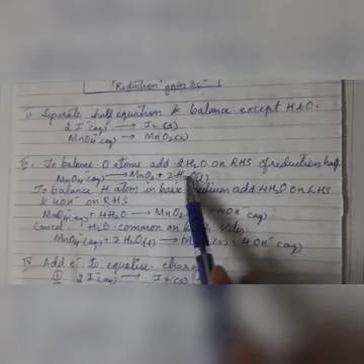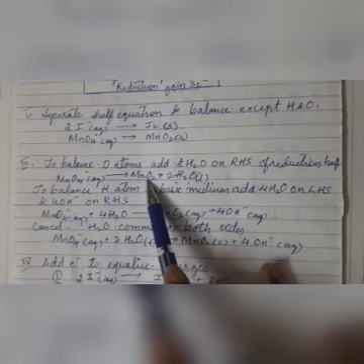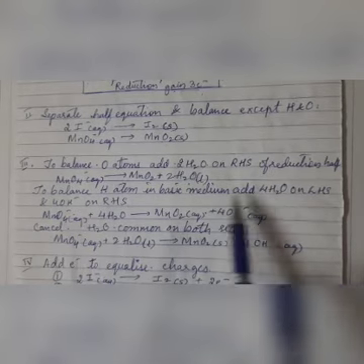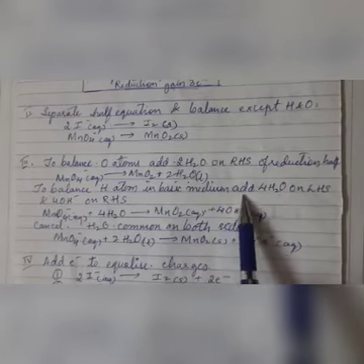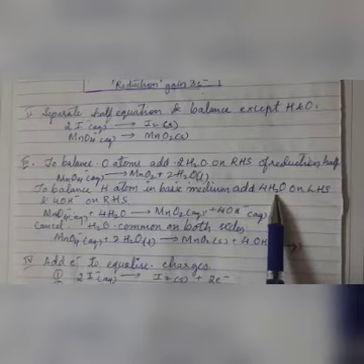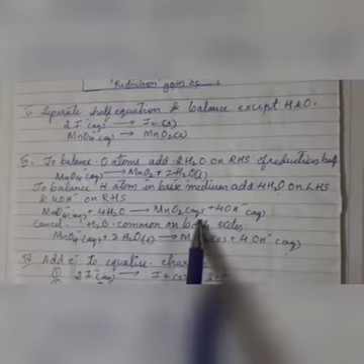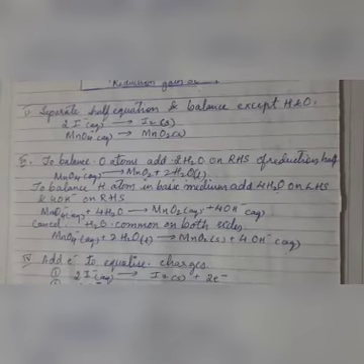Here we had added the water only to balance the number of oxygen in that half cell. After that, in the basic medium we have to balance hydrogen and oxygen both. So what we have done, we have added 4H2O on the LHS and 4OH minus on the RHS. After adding this, what will be the equation then?